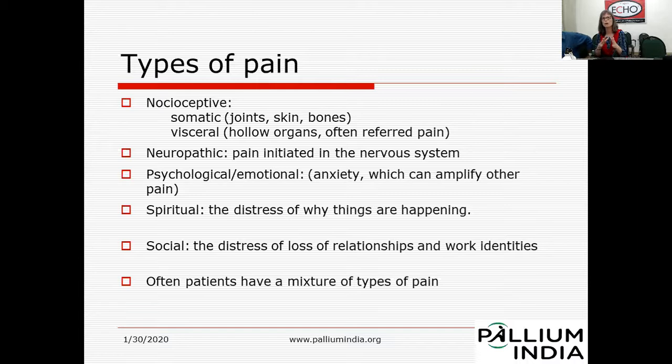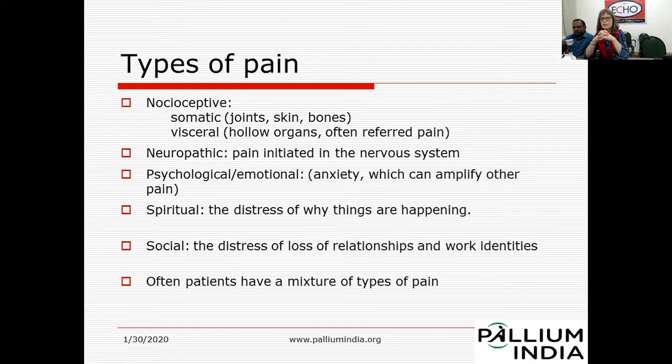Visceral pain, you can also get visceral pain from the expansion of the liver. If the liver is filled with tumor, you get expansion of the visceral layer of the liver, and that can also cause visceral pain. Irritation of the diaphragm can cause pain up in the shoulders. These are different kinds of pain.